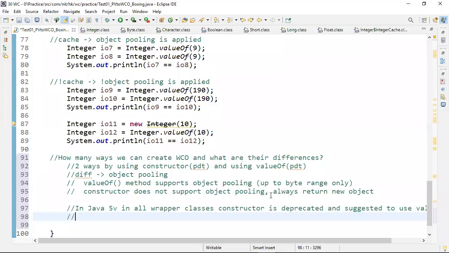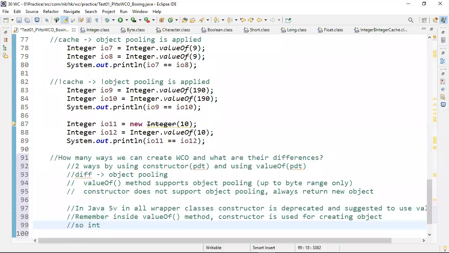Oh, come on. No, you cannot remove it. You cannot remove it because, remember, inside the valueOf method, the constructor is used for creating the object.